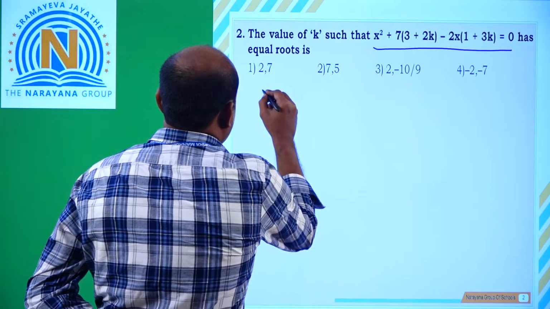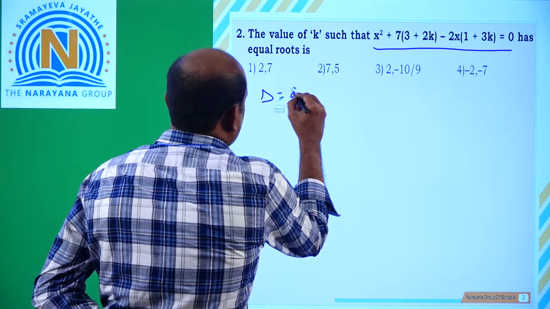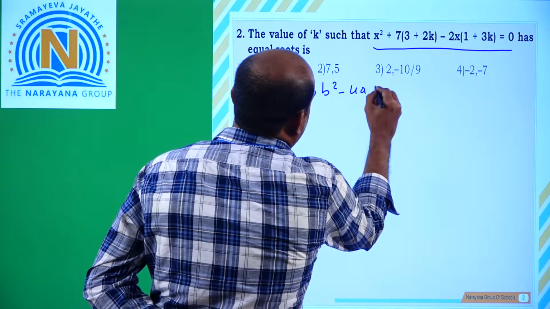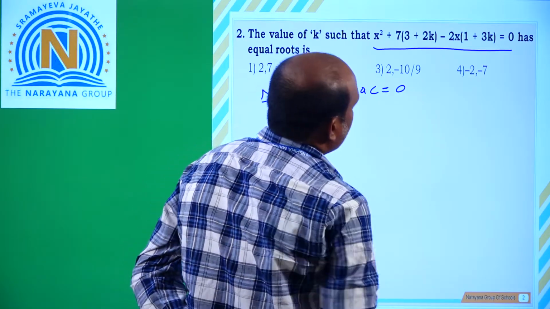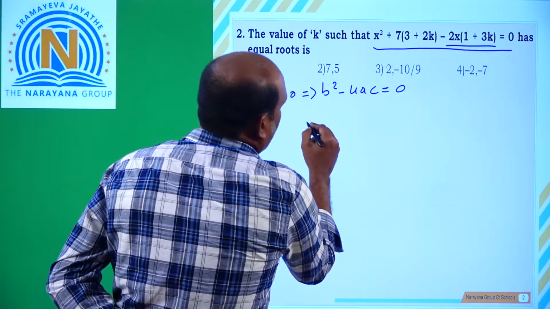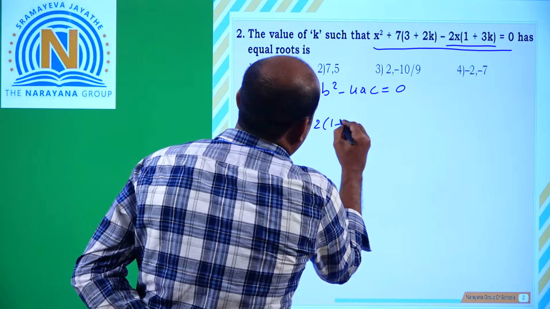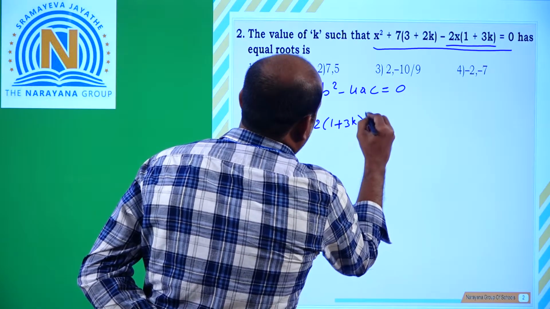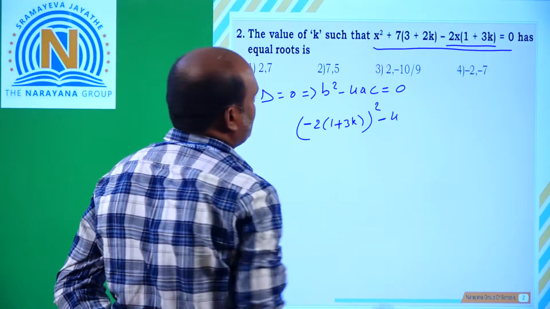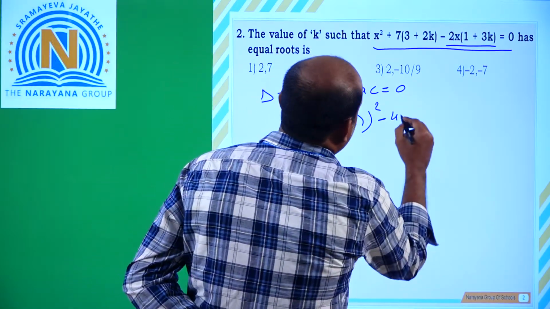Equal roots means delta is equal to 0, that implies b square minus 4ac is equal to 0. Here b means coefficient of x, that is minus 2 into (1 plus 3k) whole square minus 4 into a is coefficient of x square is 1 into c is